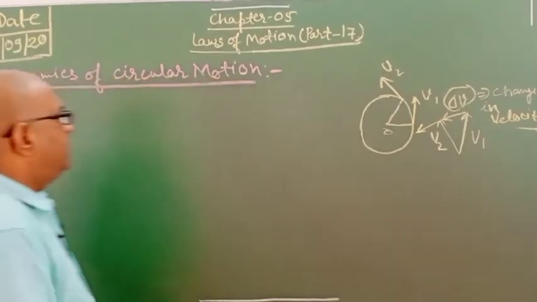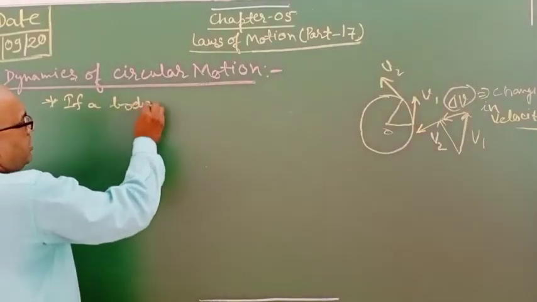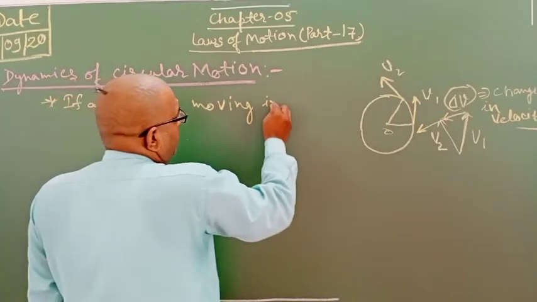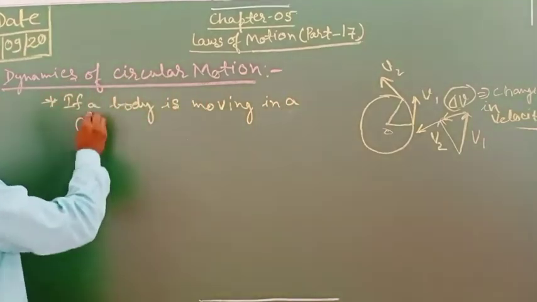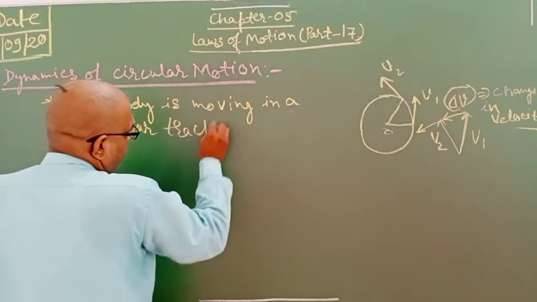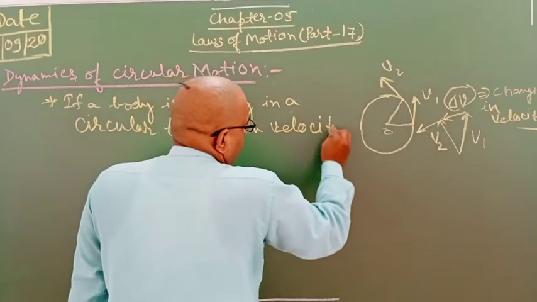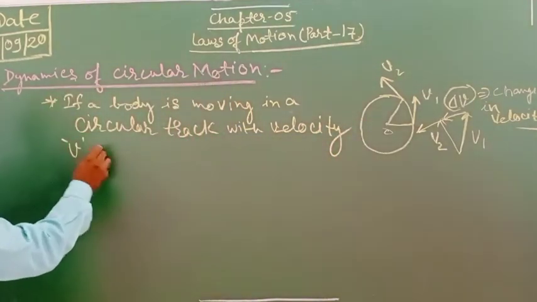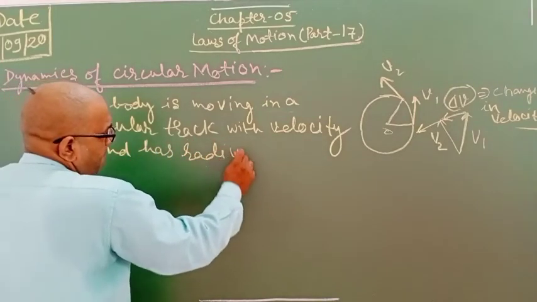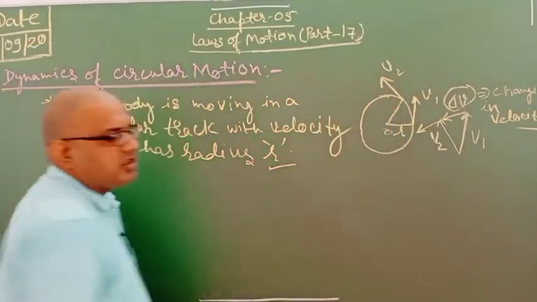So we can say that if a body is moving in a circular track with velocity v, and the circular track has the radius r,